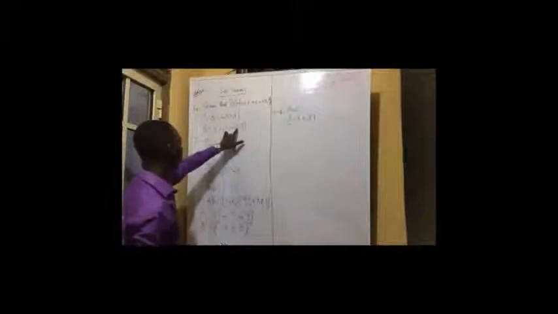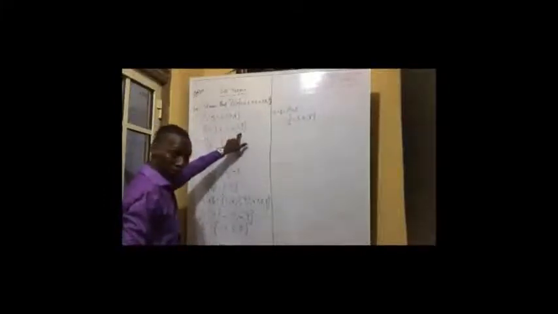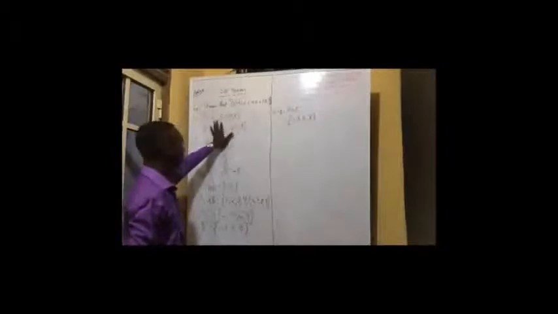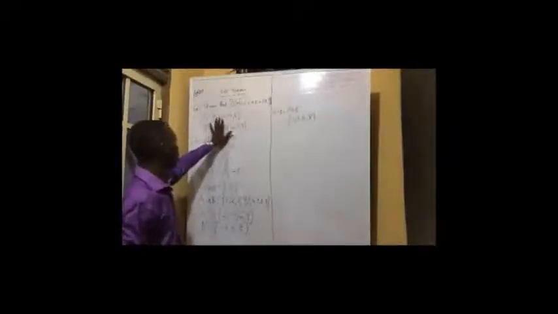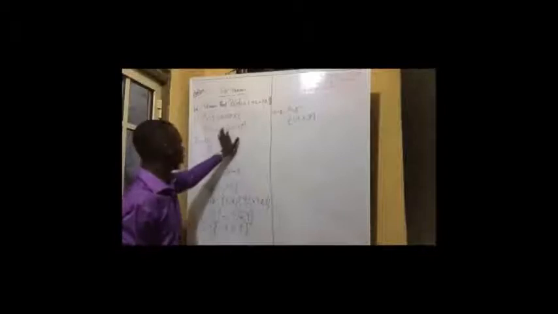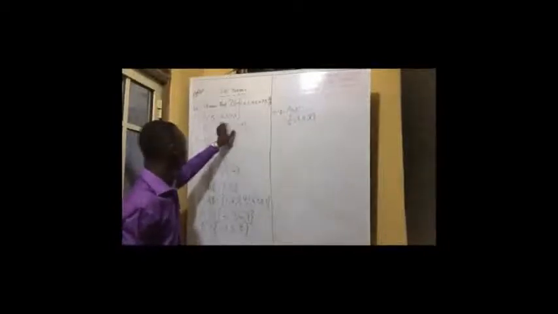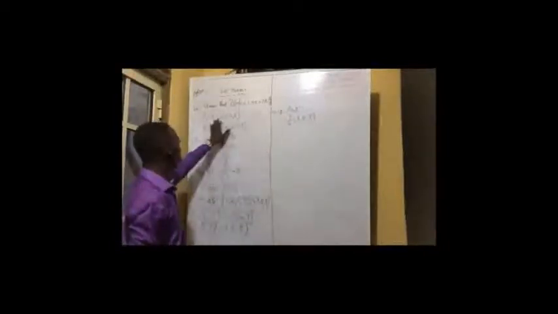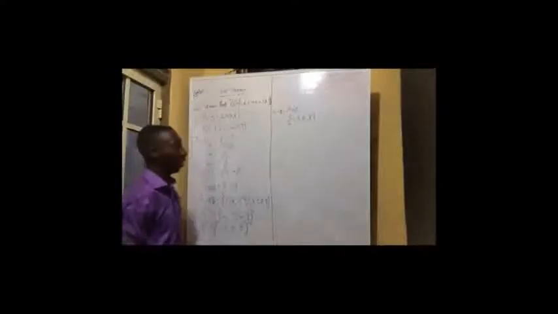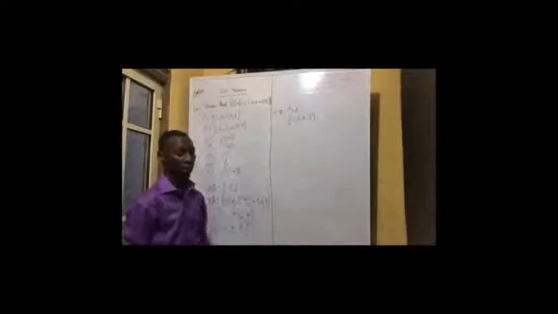Simply because I need to remove what? 7 that is in set B from this set A. So if I remove 7 here, I'm left with what? 1, 3, 5, and 8. Look at set B. Set B has 2, 4, 6, 7, and 9. The only element I have here to be common is 7. So I will remove 7 from there. I'm left with 1, 3, 5, and 8. That's my A intersection B complement, otherwise known as A minus B.